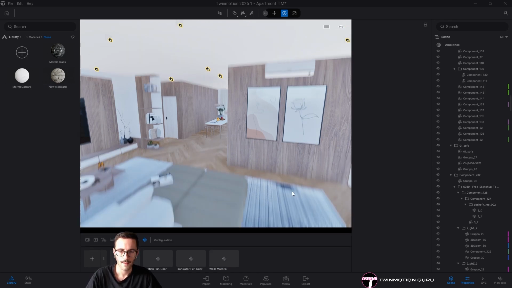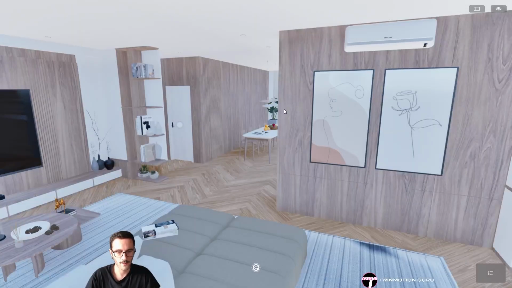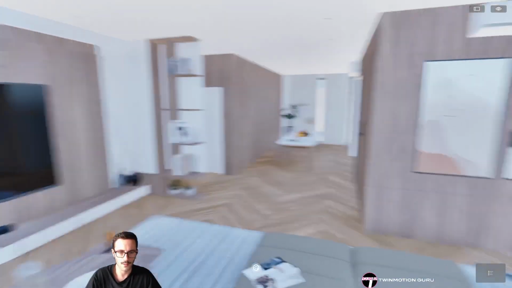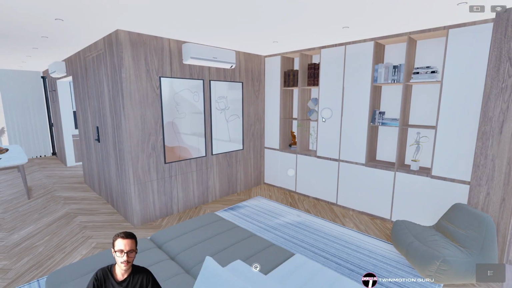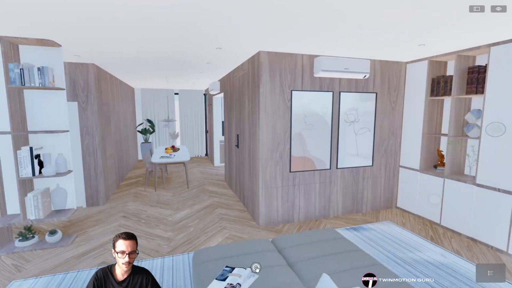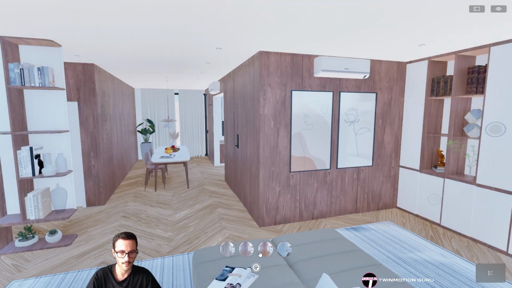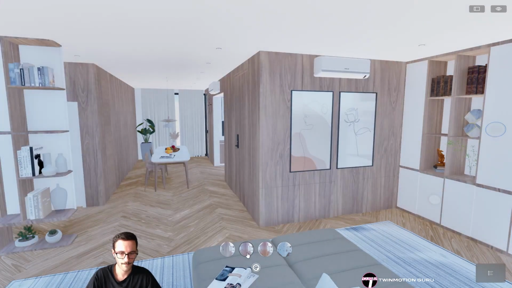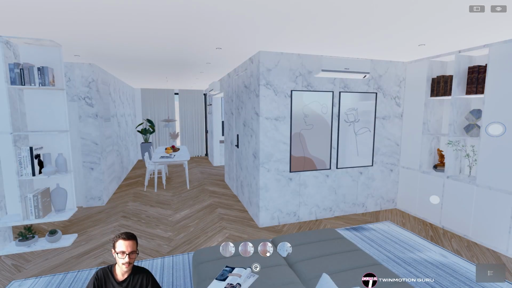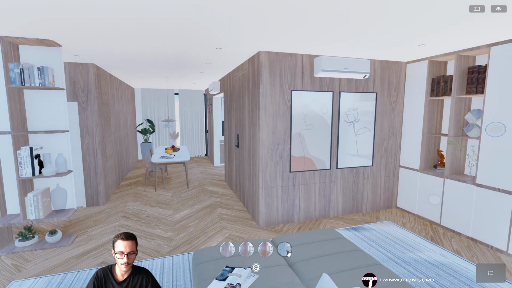Oh, yeah. By clicking on F12, we have, of course, our configurators for the properties, but also the material configurator. Okay? And this is great in my point of view.